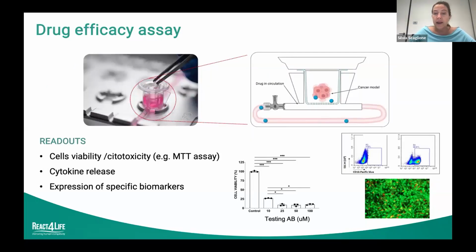In terms of drug efficacy, I consider also an important added value the possibility to put the drug not immediately in the media containing the tumor model, but in a flow, in a circuit mimicking the blood flow, so mimicking the real systemic drug administration. This is extremely important because the kinetic of diffusion of the drug into the matrix, into the tissue, and therefore the readout of drug efficacy is different if you have such administration of the drug, which is closer to